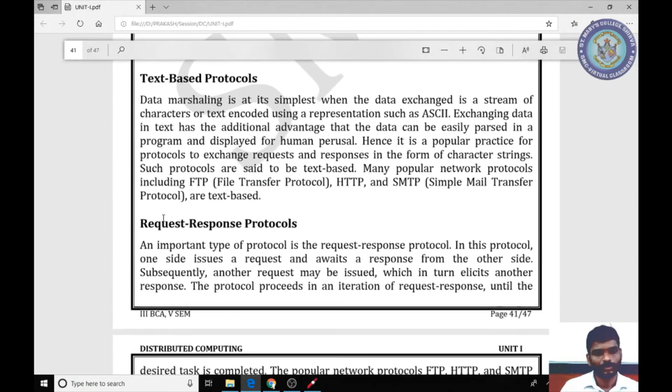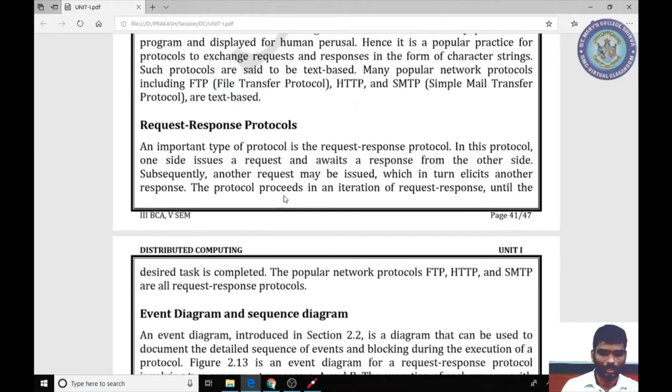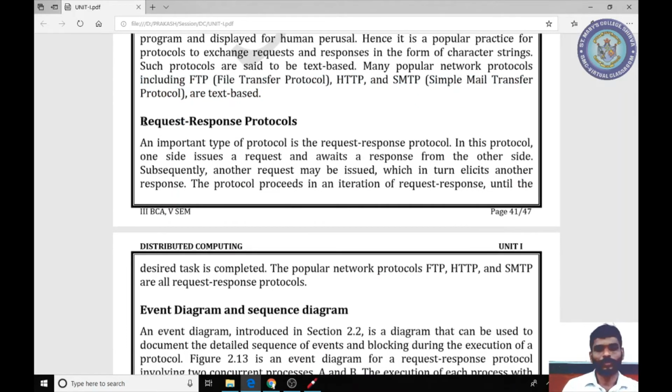Okay, now the next topic is the different protocols that we use: text based protocols and the request-response protocol. These are the protocols we can use to transfer text: FTP, HTTP, SMTP. They are used in network communication to transfer information from one end to the other. Next is the request-response protocol.